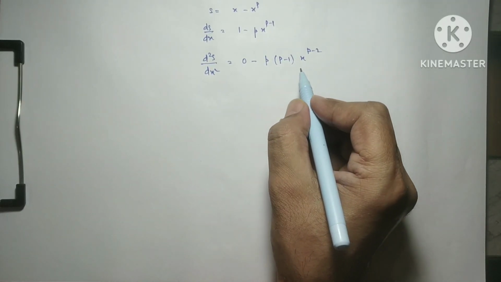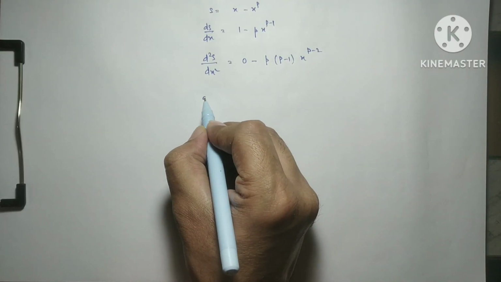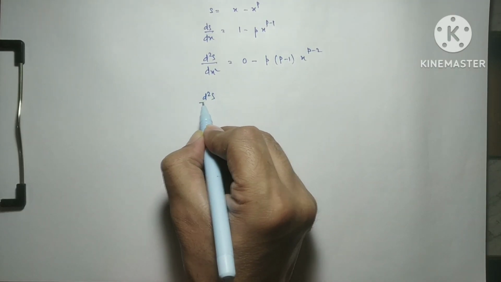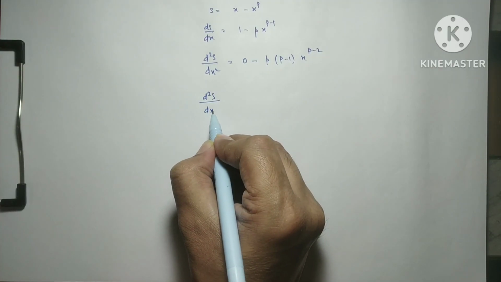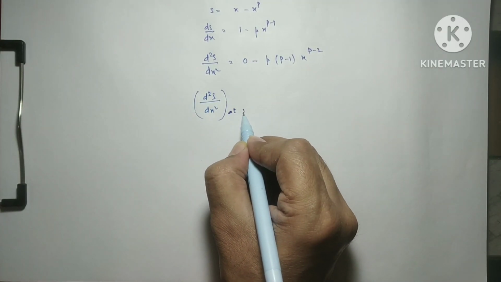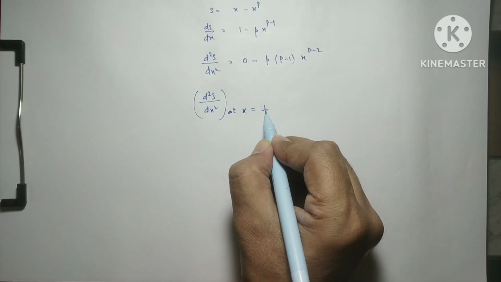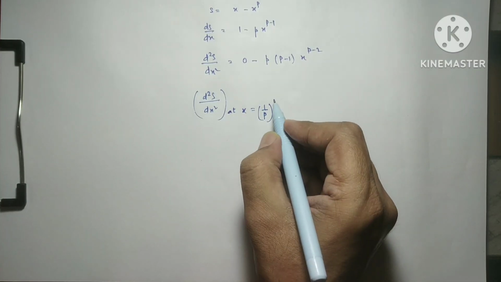So it is the second derivative, but we want to show it is negative at x equals 1 over p to the power